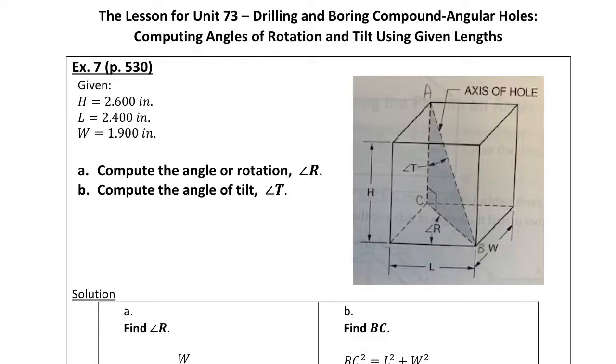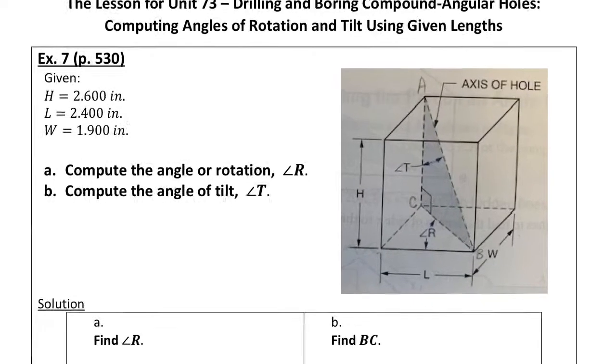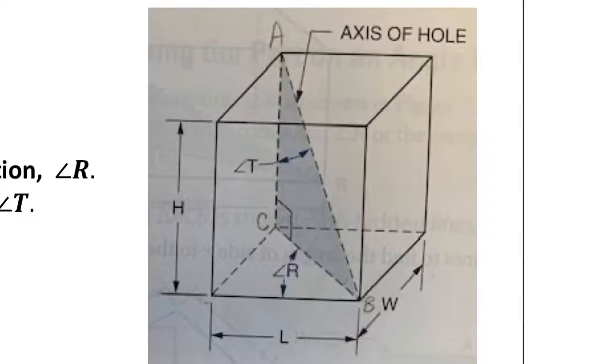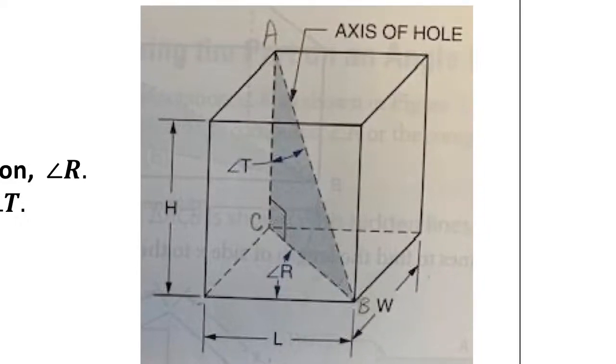Hello, this is the lesson for Unit 73, Drilling and Boring Compound Angular Holes, Computing Angles of Rotation and Tilt using given lengths. So here we will continue with the rectangular solids, and inside this solid we have the right triangle ABC. And through this rectangular solid we want to drill a hole, and the axis of this hole is